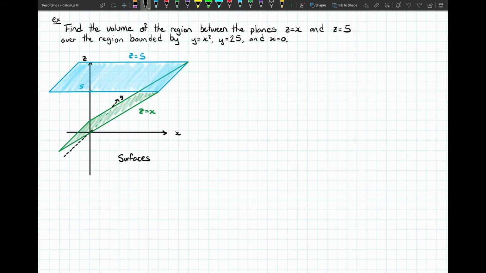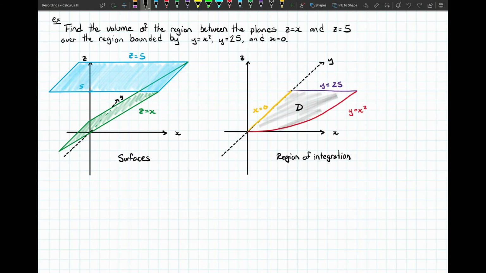But what about the region? The region that we're actually integrating over is on the xy plane. You can see x is pointed to the right-hand side of the page and y is pointing into the page. Let's see how that transformation of the graph of y equals x squared would look when we have the slanted xy plane. In the same orientation, you can see that this red curve is y equals x squared. It has a parabolic shape. We have our line x equals 0, which is just a nice straight line, and